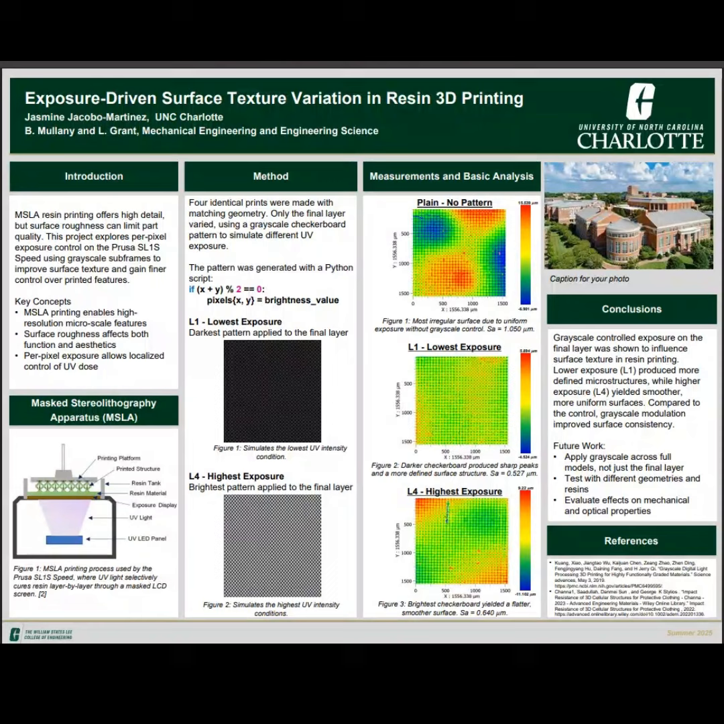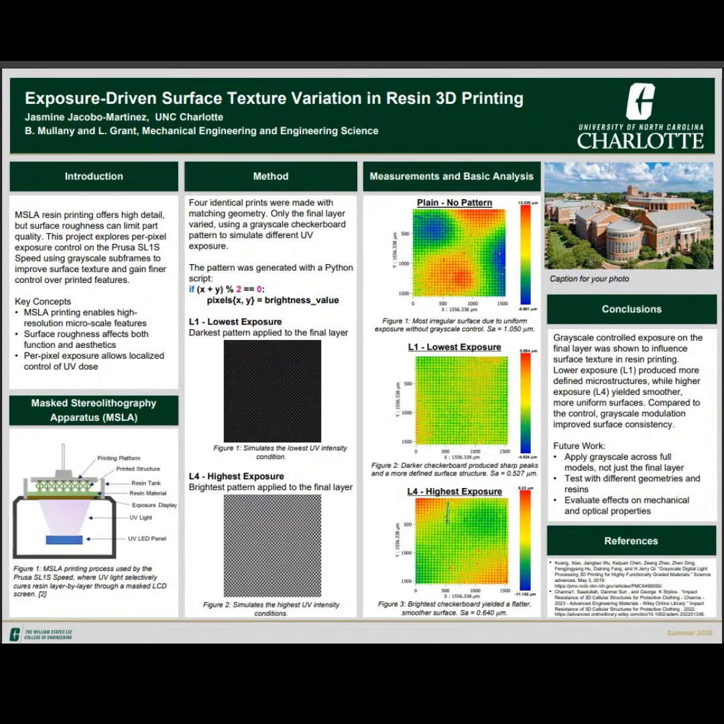Hello, my name is Jasmine, and this project explores how grayscale controlled exposure affects surface roughness in resin 3D printing. I use the Prusa SL1S Speed, which operates using the MSLA process. Basically, UV light passes through a masked LCD screen to cure each layer of resin. I was interested in what happens when we manipulate the light exposure at a pixel level, especially on the final